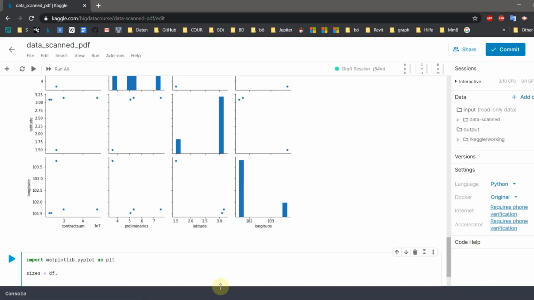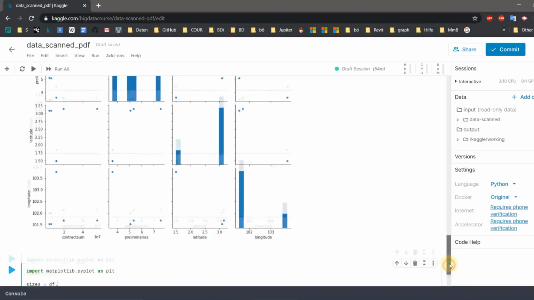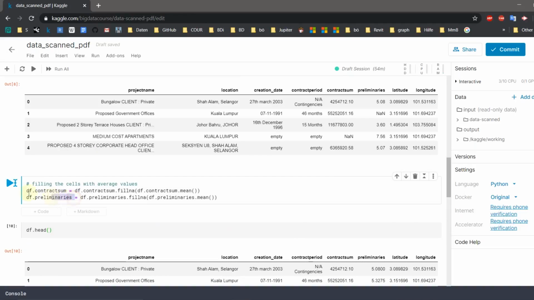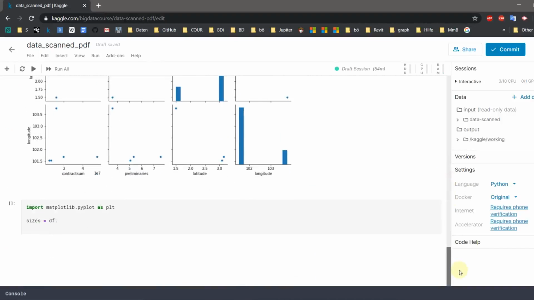Now here we set the size for our rectangles. Dimensions will be taken from values in the contract sum column. Additionally, the names for each rectangle will be taken from the preliminaries column.